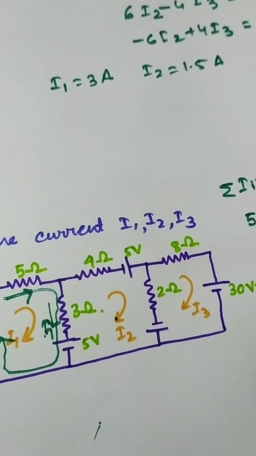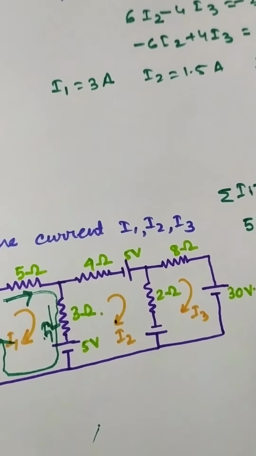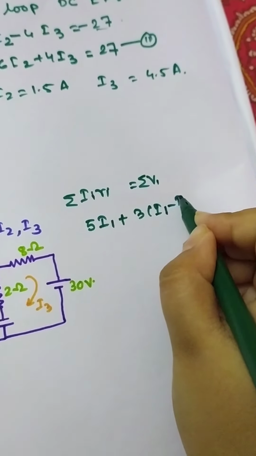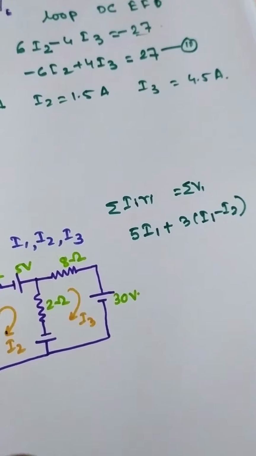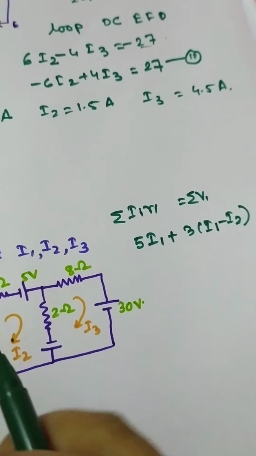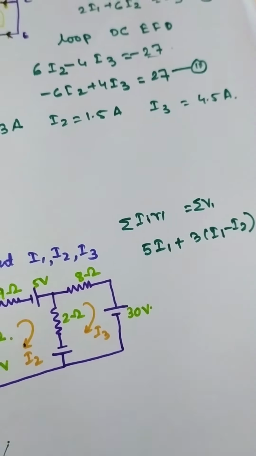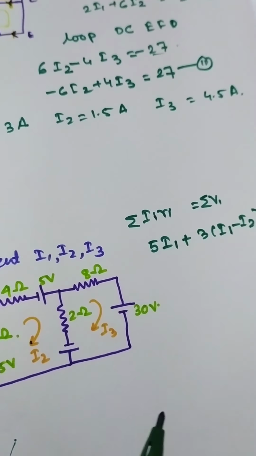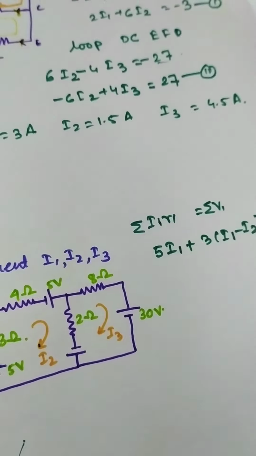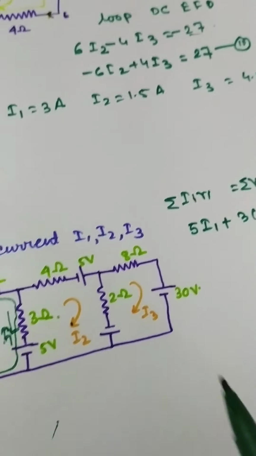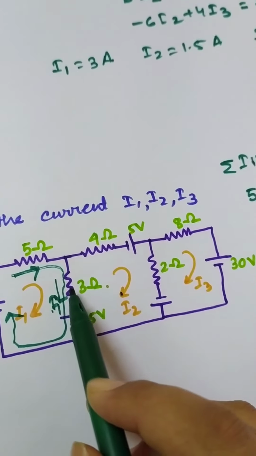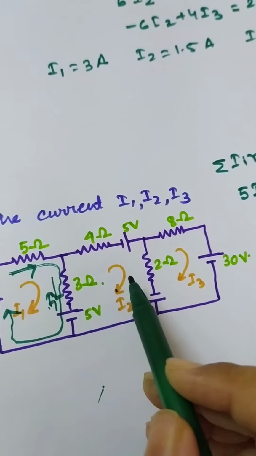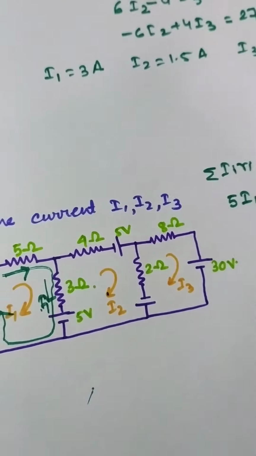So here 3 into I1 minus I2 will be. Okay, actually when we consider any loop, in this loop the corresponding current will be the main, so this will be the main. That means this will be positive and the other will be negative. We will consider it. So here 3 into I1 minus I2 equal to the total EMF,